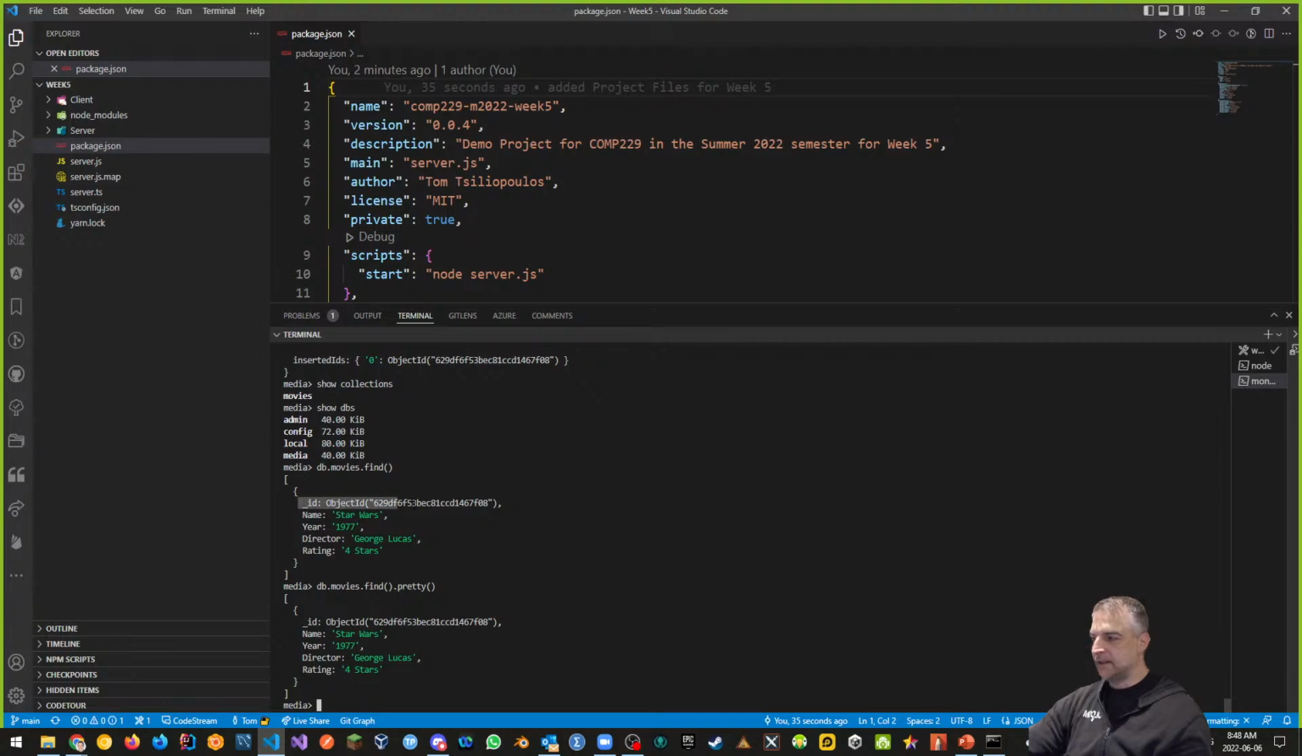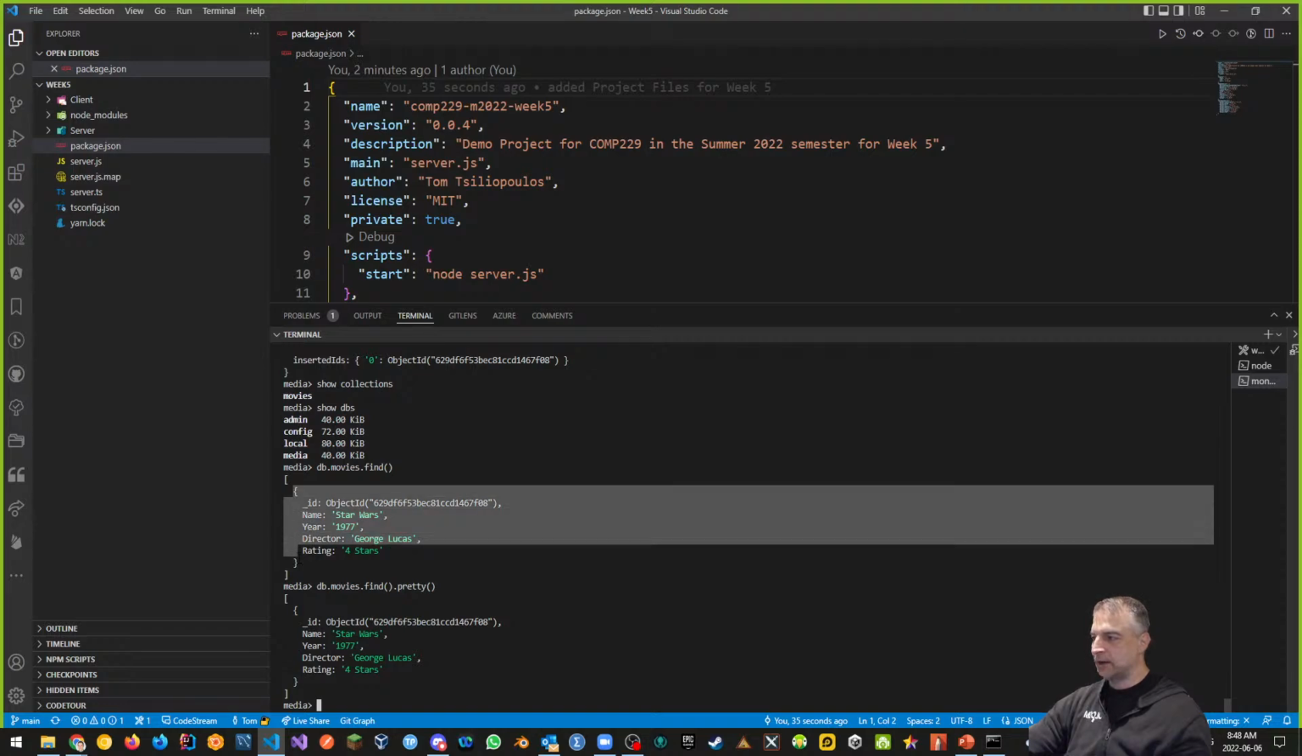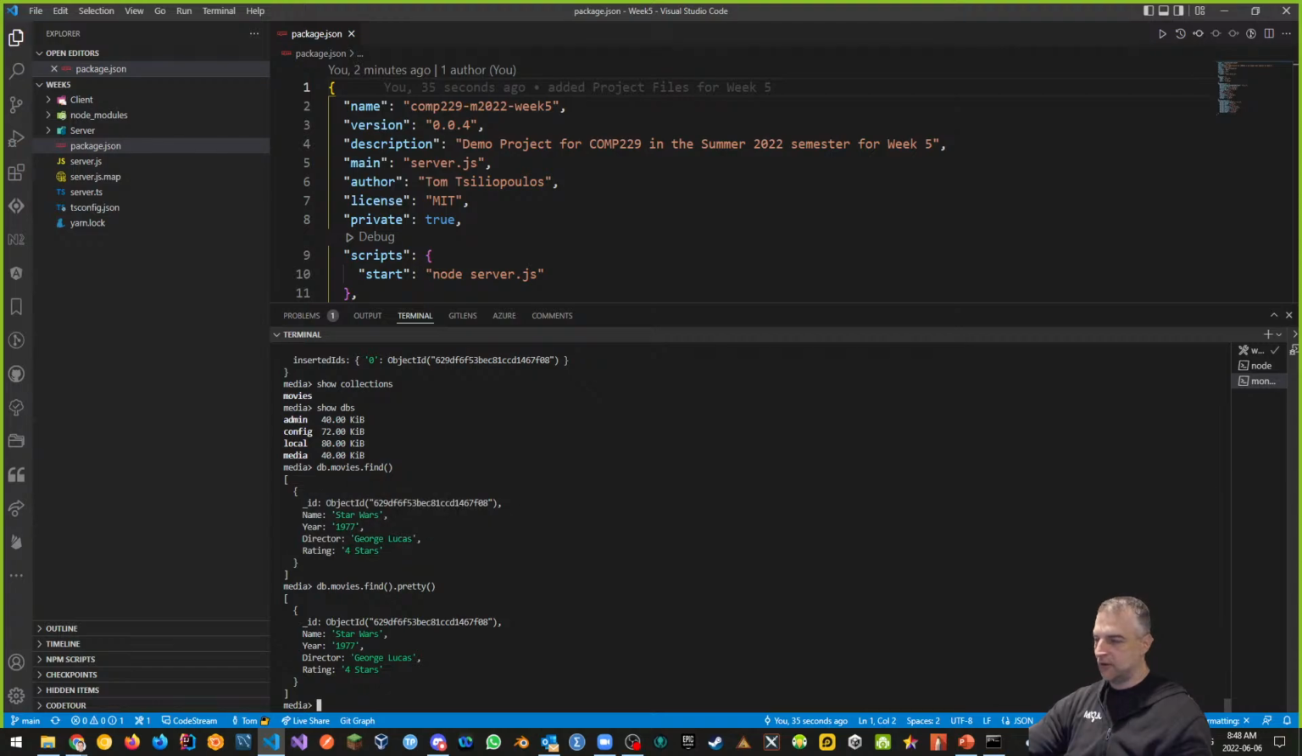And so that's what it does. It gives us an ID that was generated for us. This was generated by MongoDB. And then here are our name, year, director, and rating. Those are the properties of our object literal, right? And that's what we want to enter in. Well, if this is what we want to do,